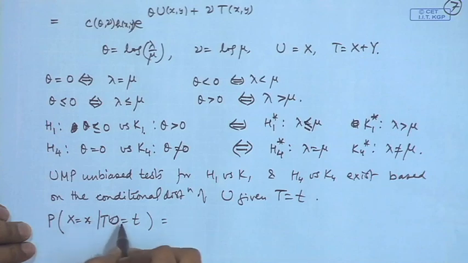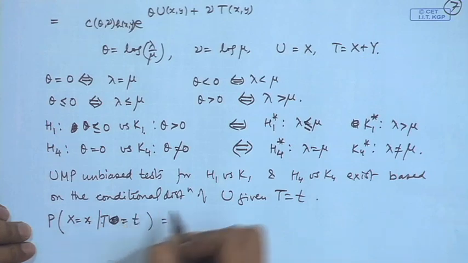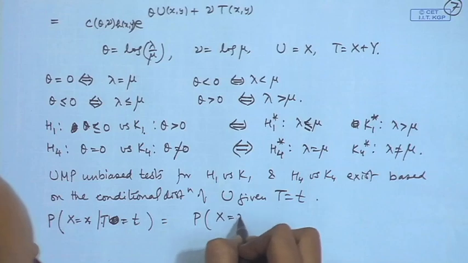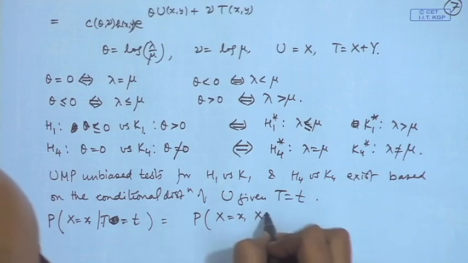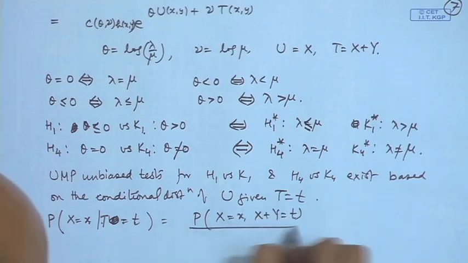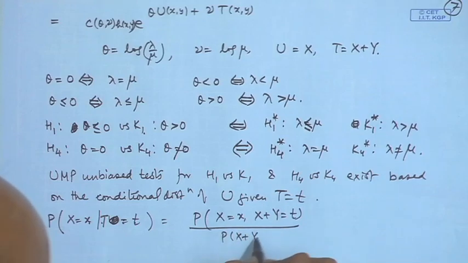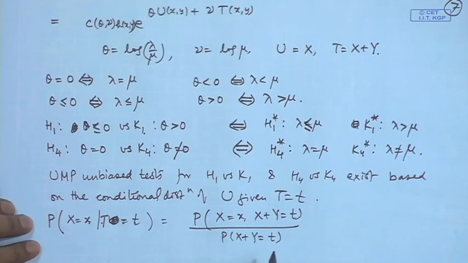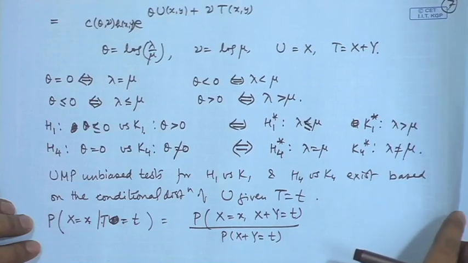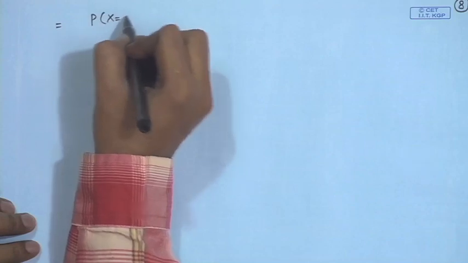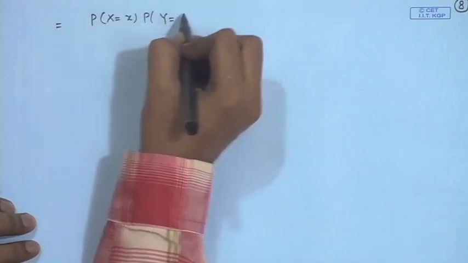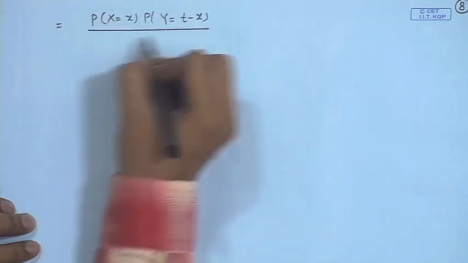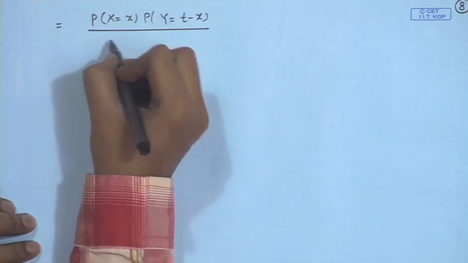X is equal to x given T is equal to T. So, that is equal to probability x is equal to x plus y is equal to T divided by probability of x plus y is equal to T. So, this is equal to, as before, probability of y is equal to T minus x divided by probability of